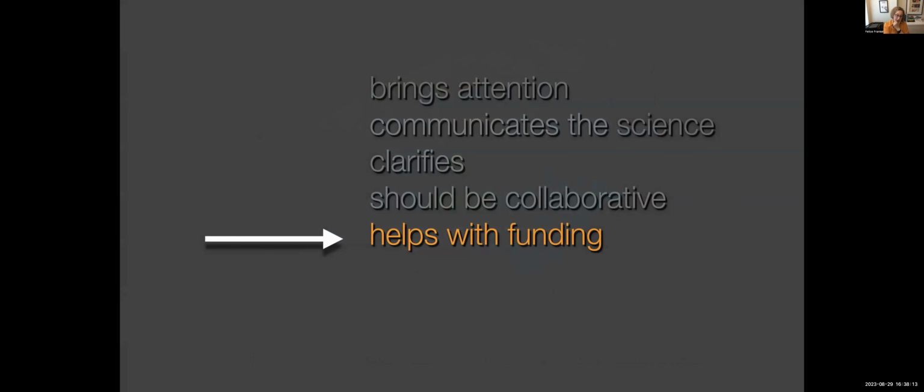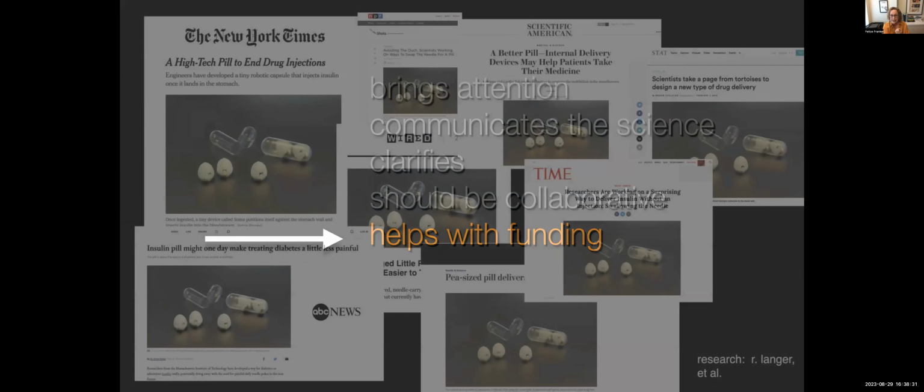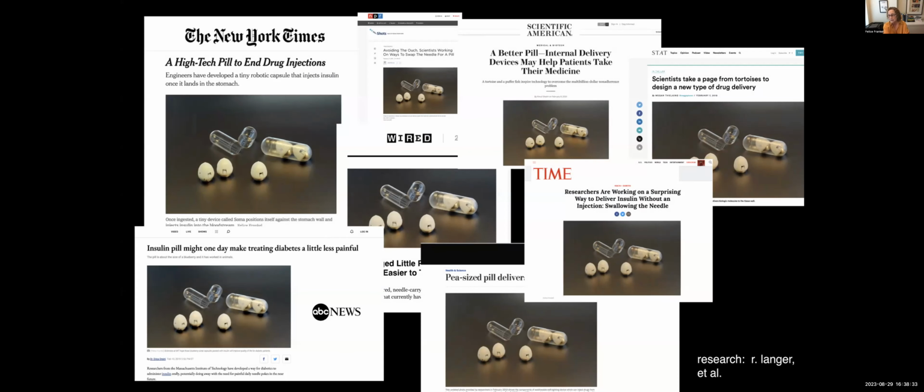And, you know, I'm sorry to be so crude, but making the right visual helps with your funding. Getting the advisor on the funding agency who doesn't know the first thing about your work, you've got to get them to get it. And so, believe me, this is all of Langer's work.